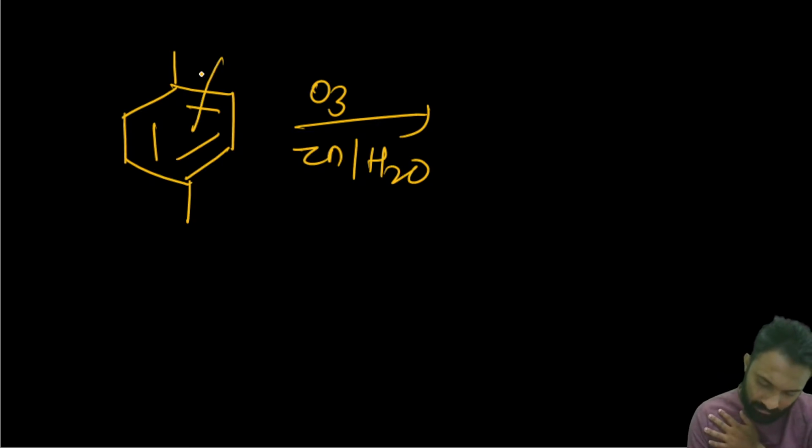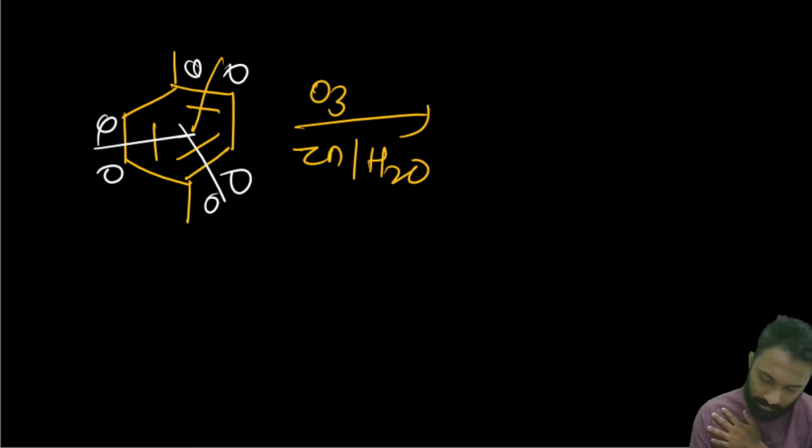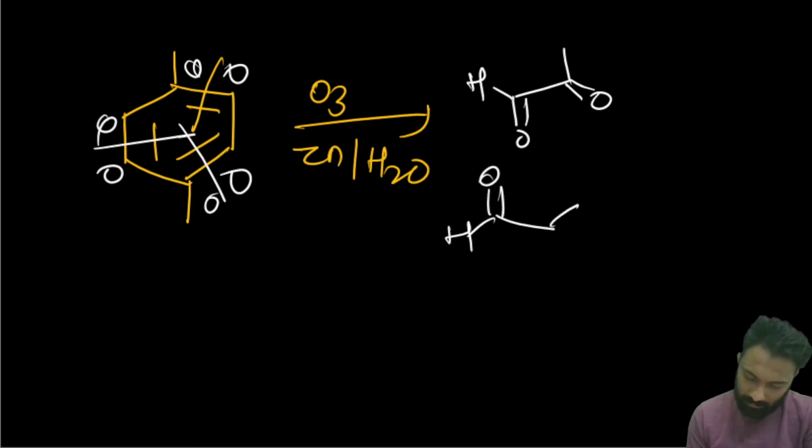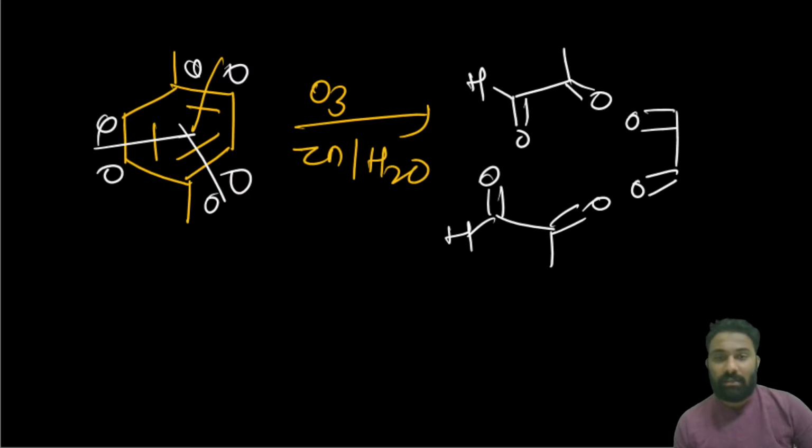3 moles, here 1 mole, here 1 mole, here 1 mole, here 1 mole. It will break. Okay. Now start from here. Here one ketone and one aldehyde. Now the next one, here one aldehyde. Now here it is clear and it is a ketone. The other product we will get in this manner. Now these are the 3 products we will get. Done. Next type of reaction that we are going to see,